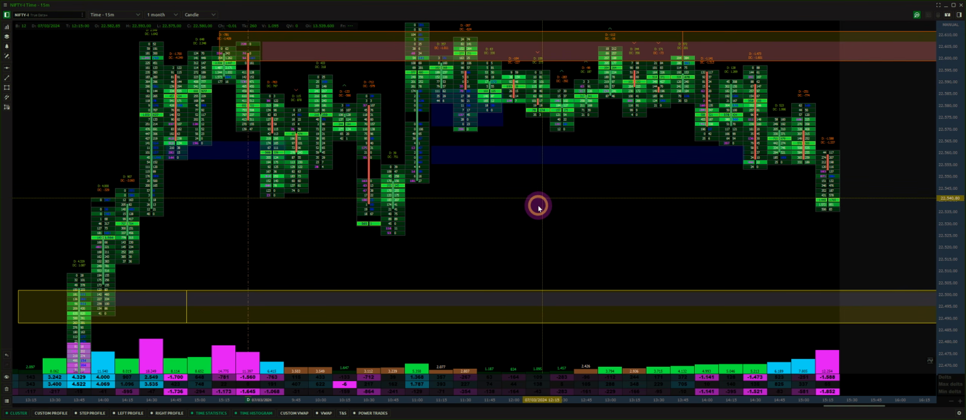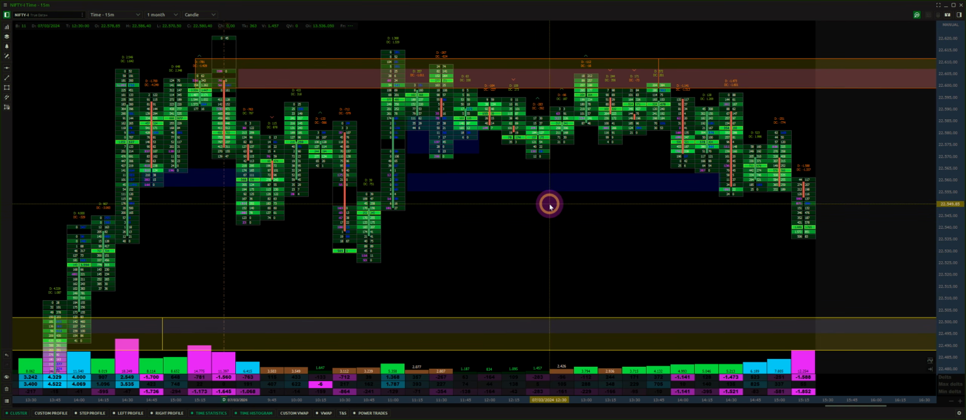So I hope it was some help to you guys. So this is what you can do: plot max delta and min delta values to find out initiative buying and selling and responsive buying and selling. And you can even go down to lower time frames, of course. If you go down to a 5-minute chart, it is helpful, but if you go down to a 1-minute chart,